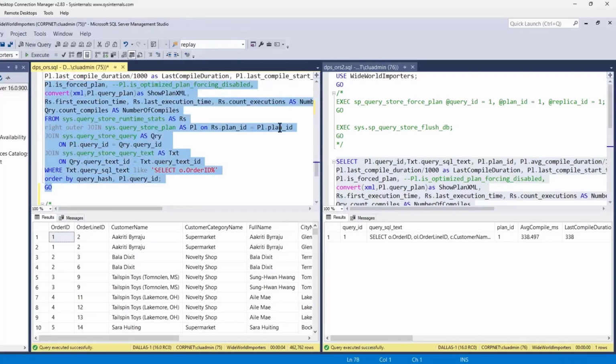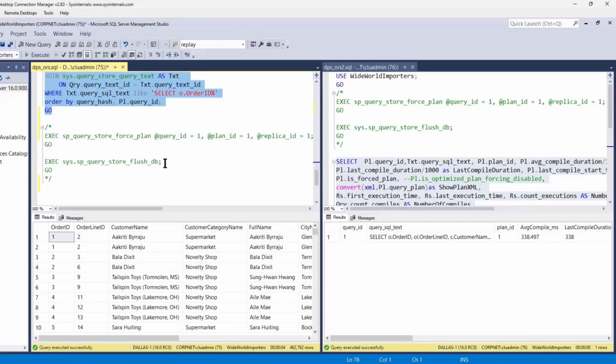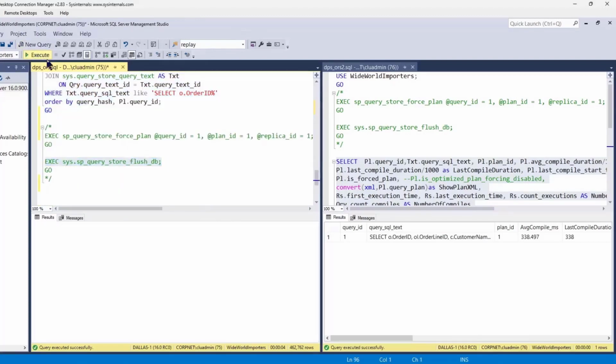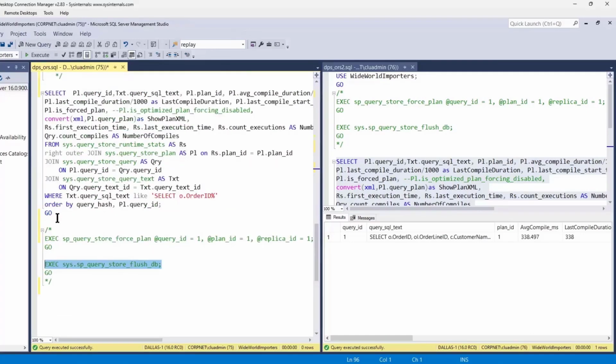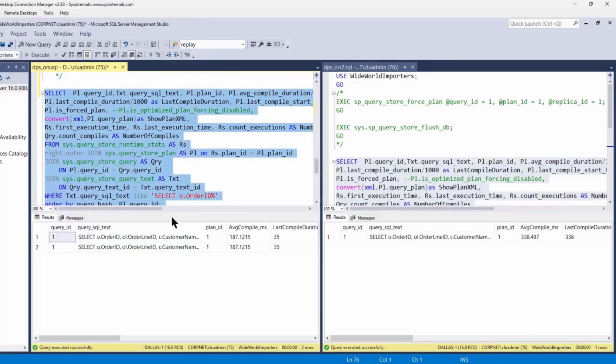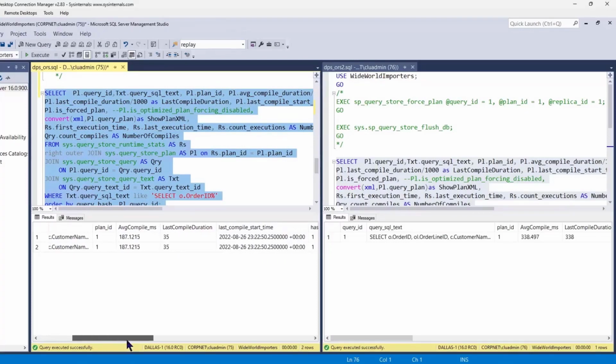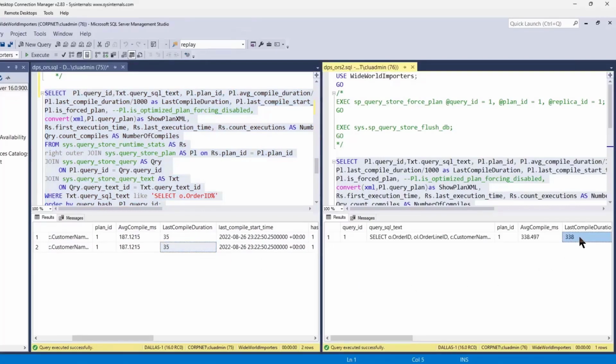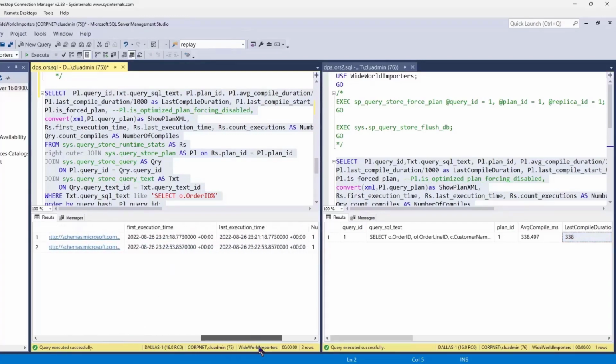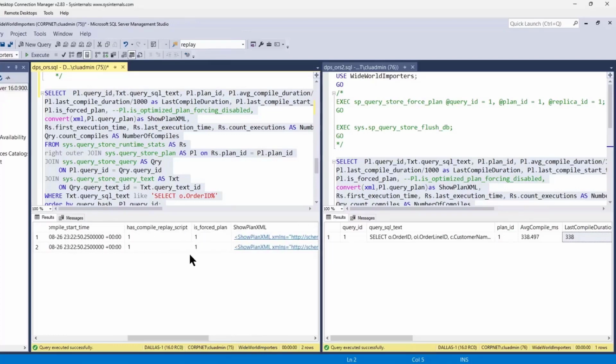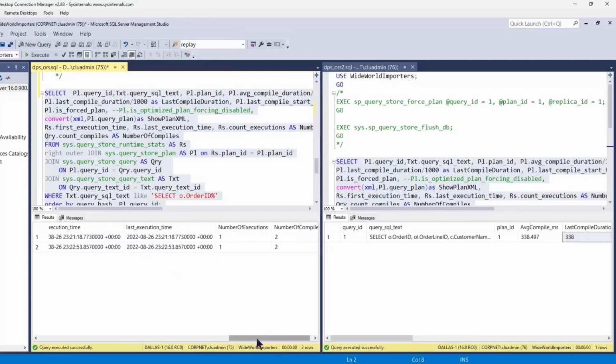Okay, it is finished. So let's take a quick look at the Query Store. Let me flush it really quick. I'll take a quick look at the stats from the Query Store just to do a comparison. And lo and behold, in our second run, the average compile duration has reduced quite a bit. It was 338 milliseconds. Now it's only 35 milliseconds from a cold cache, right? And you can see my same options there. So as a replay script, it is forced. Again, this is just a cumulative look at the